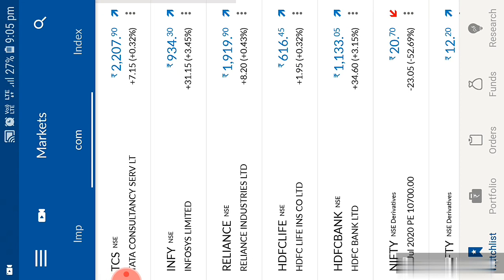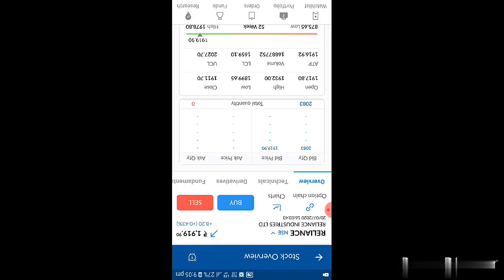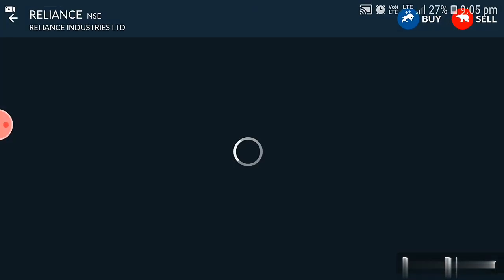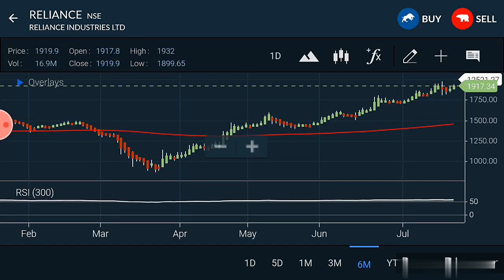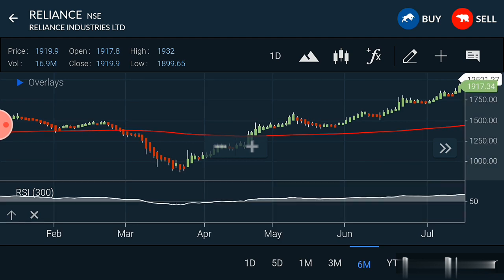Okay, let us see Reliance. So this is the Reliance chart. In the month of May you can see it closed above 200 EMA, and let us see how the performance is. If you see, the RSI also is above the 50 line. Because of that you can directly go and buy the stock, because there is nothing to worry about. Once 200 EMA and RSI are crossed, you can think that this stock is going to perform well in a short time or a long time.